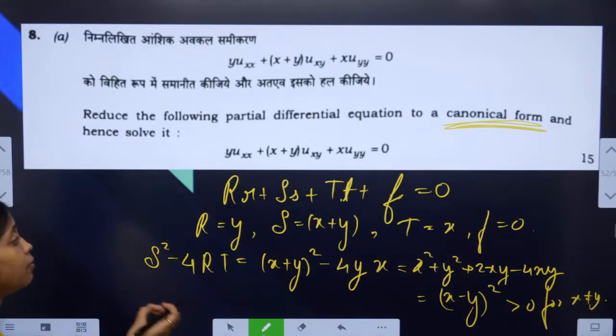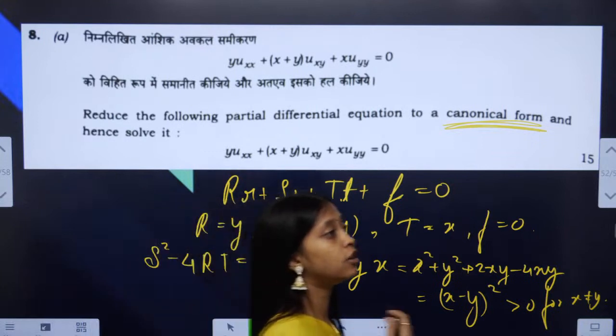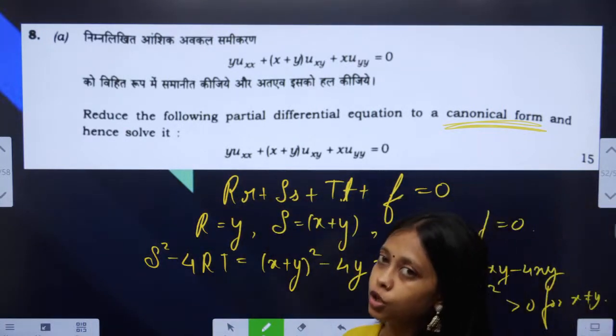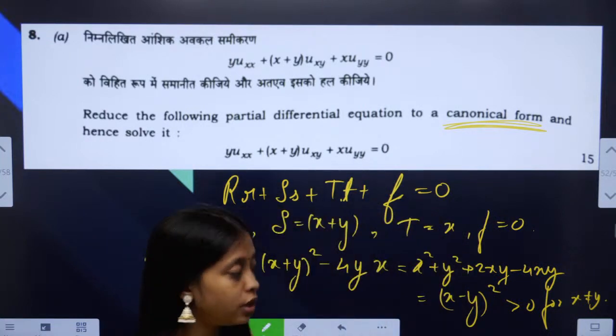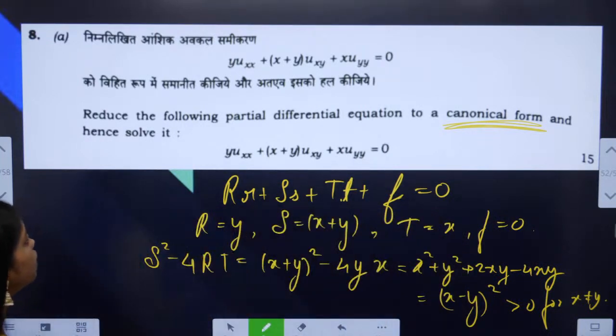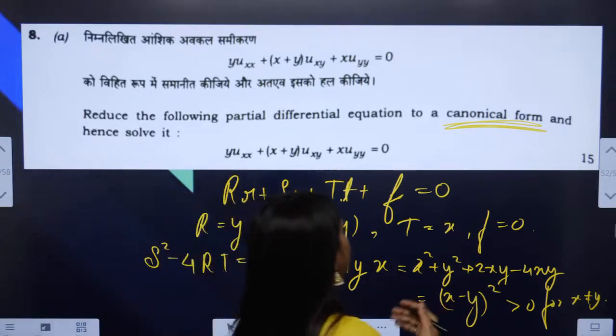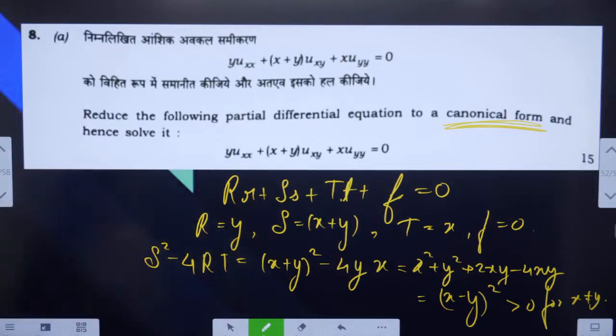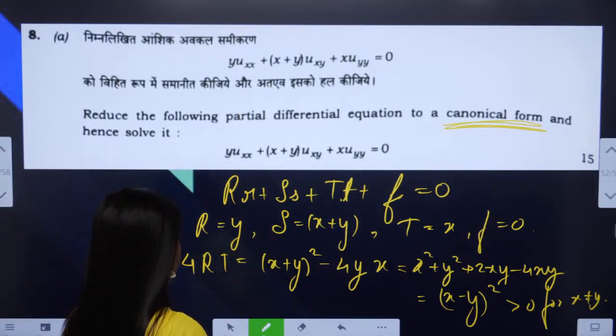How you work in the hyperbolic? Apply those rules, convert it into the canonical form. Once the partial differential equation is converted into the required canonical form, it becomes easy to solve it, and you can just apply that section over here. Okay. Now,